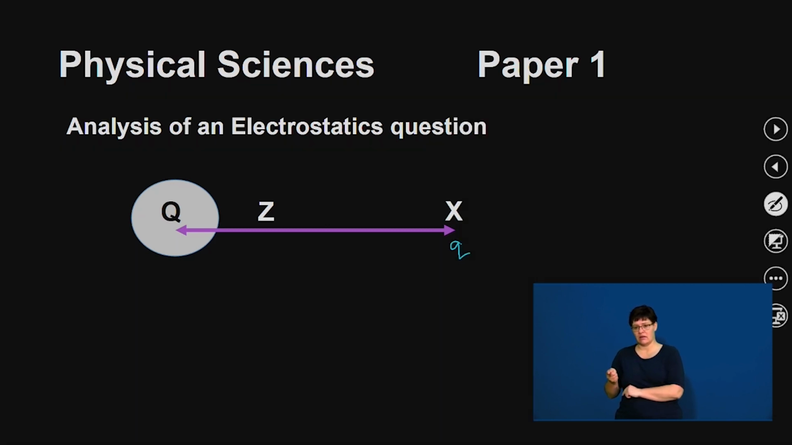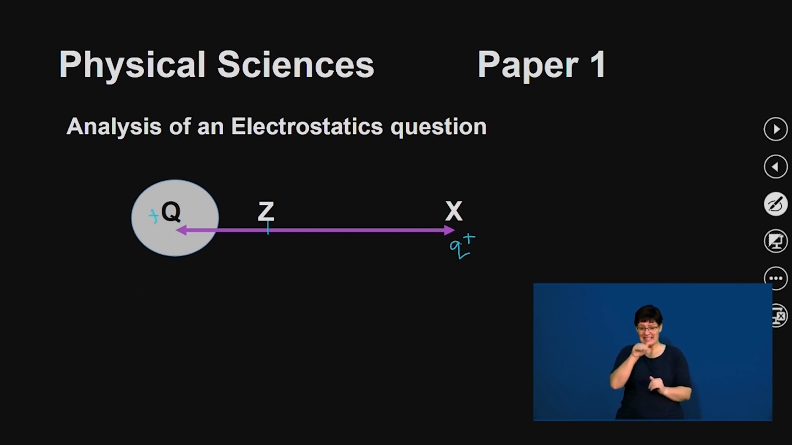That's where we place the test charge. Okay. Now, if Q, say for argument's sake, is positive, and we place a test charge at X, obviously Q exerts a force on the test charge away from Q, right? Now, if we place the test charge, let's say at Z, obviously the field strength is stronger at Z